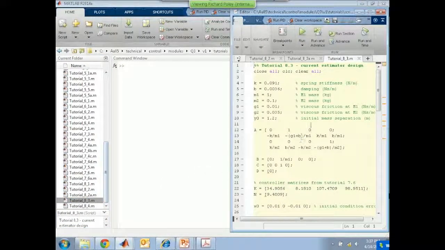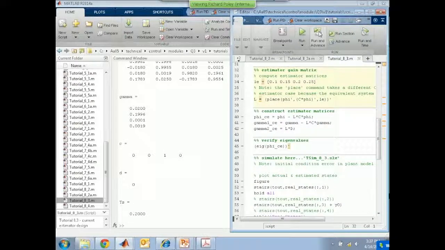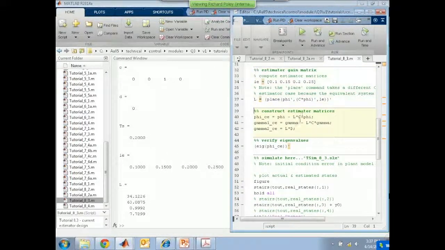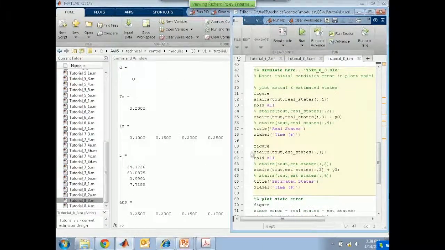There's nothing very surprising. It's still the same integrating controller with the same matrices. We're still going to use the same choice of eigenvalues, except that now we're going to check them against phi minus LC times phi. That's the system matrix now, not phi minus LC. And when we check them, we should find that hopefully they're in the right place, 0.1, 0.15, 0.2, 0.25, and so on.